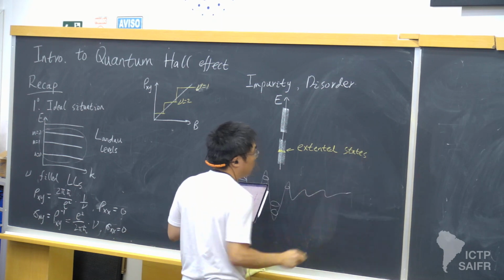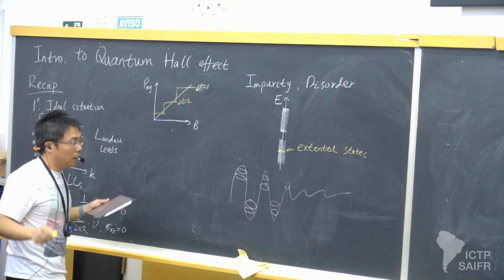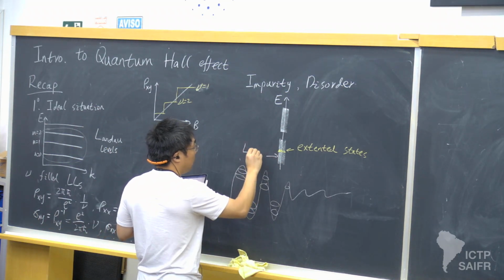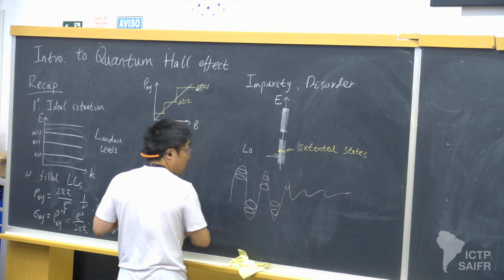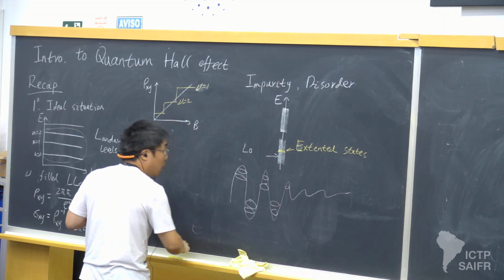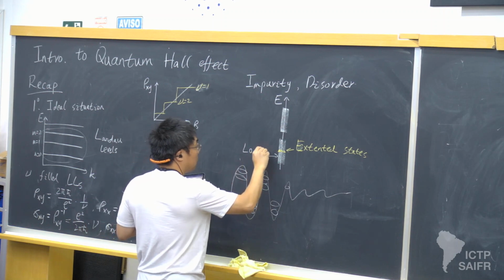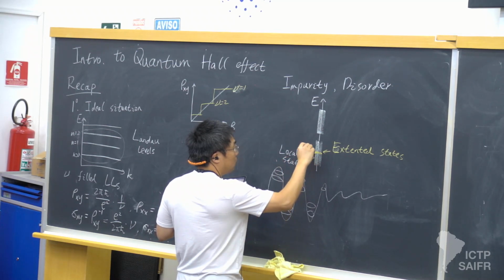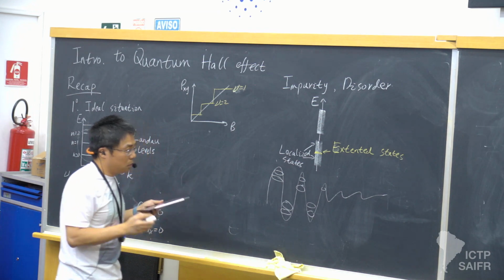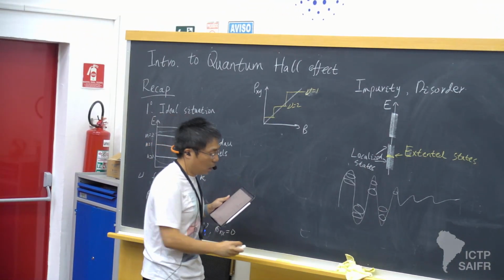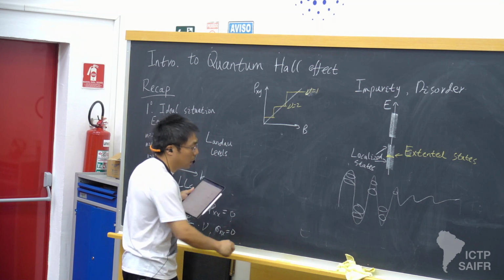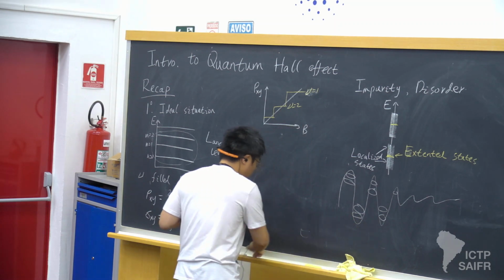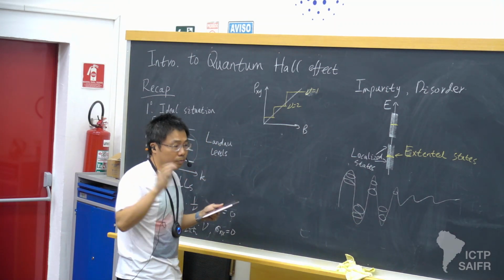And those extended states will contribute to the conductivity and resistivity, right? Those states are what we call localized states. Let me capitalize this E. Called localized states. And those localized states will not contribute anything to the resistivity or conductivity, right? Then the picture becomes rather clear. Now consider a situation where I start to throw in